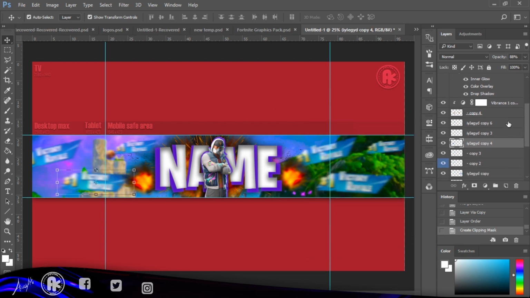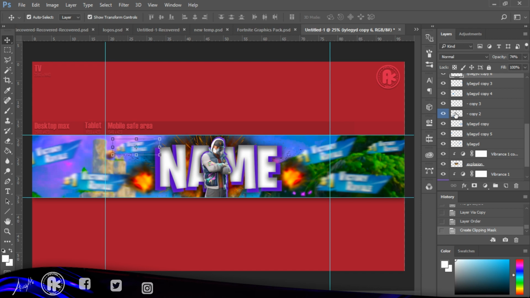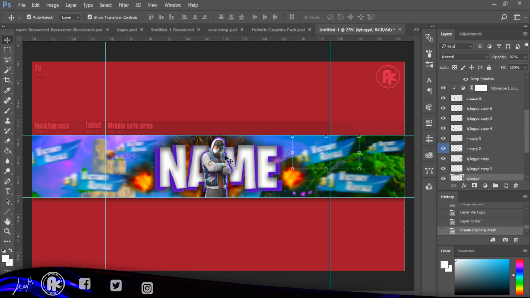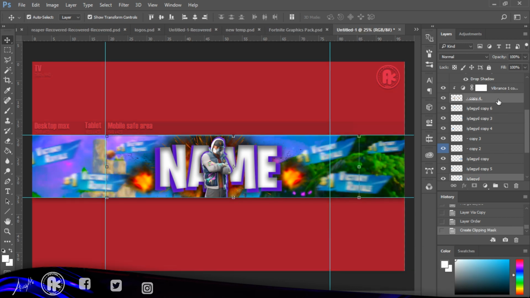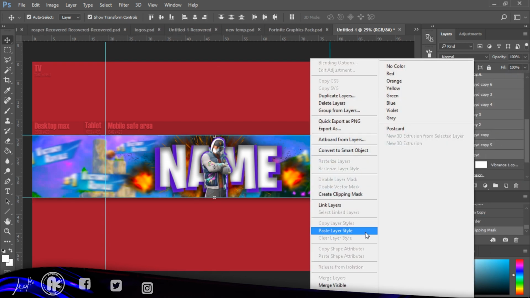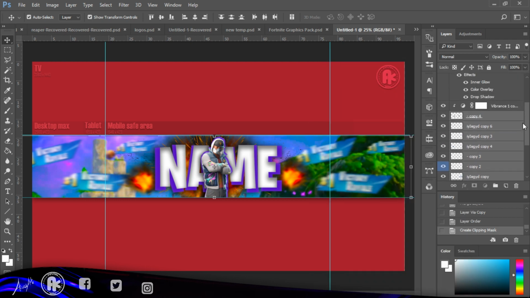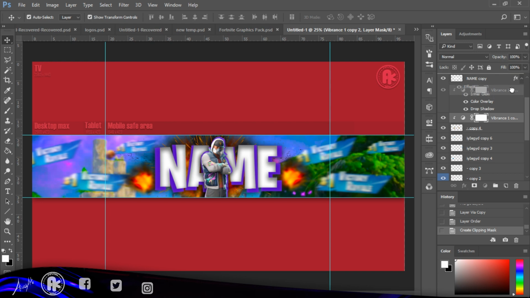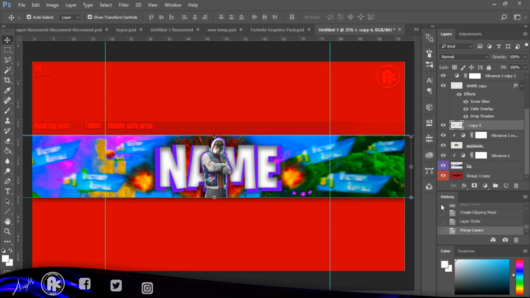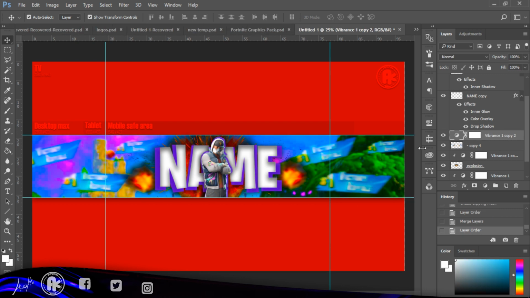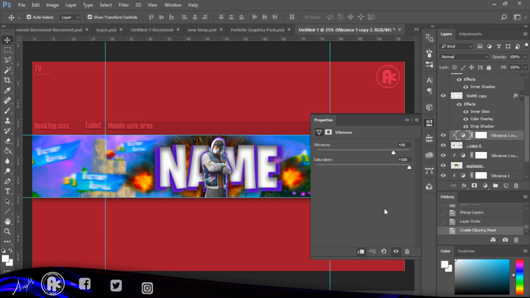Now what we're going to do is we can merge all of that, and that's with all the explosions here and everything. So we're gonna merge it all. Sorry, merge visible. I'm gonna have to take that off first of all, and now we can merge it. So merge the layers. Put this on top, and we've got ourselves really nice,